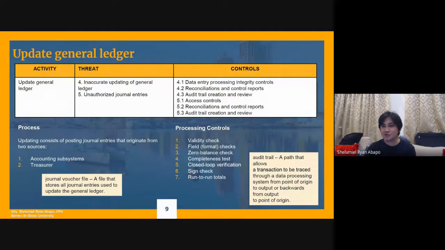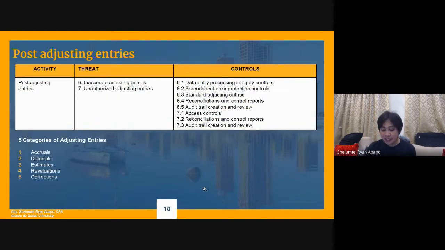Another control class would be access controls. Hindi naman nagbabago ang nature niyan. We've already discussed that, and then reconciliations and control reports, which we've already discussed, similar to 4.2 and 4.3. Right? So let's proceed now to our next activity, which is the second one, the posting of adjusting